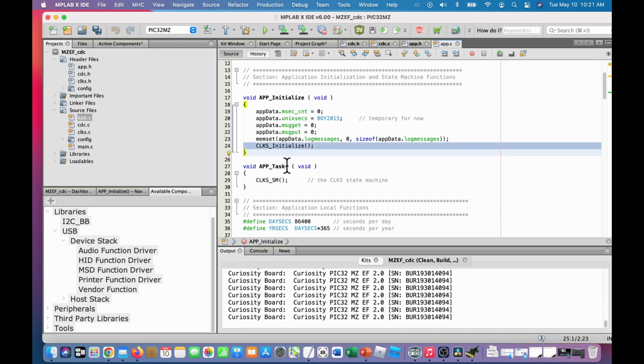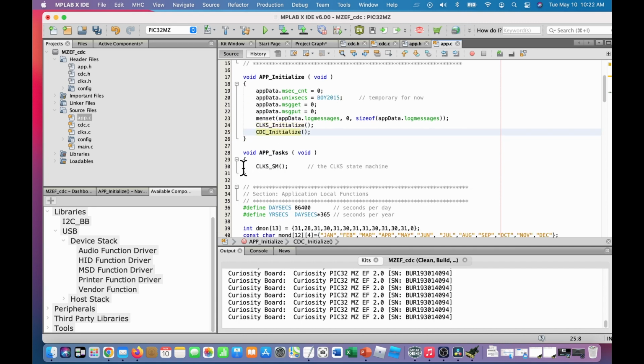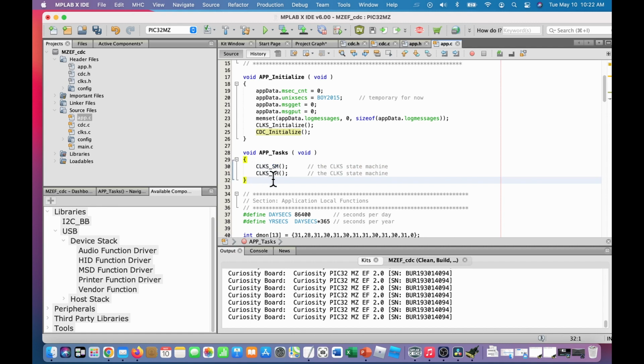Just duplicate that. Call that CDC initialize. And this one we're going to have to add a state machine call. CDC